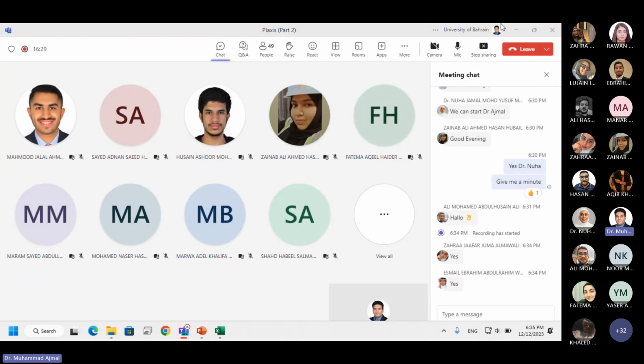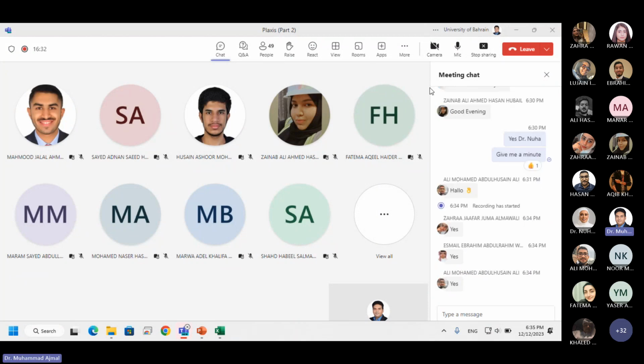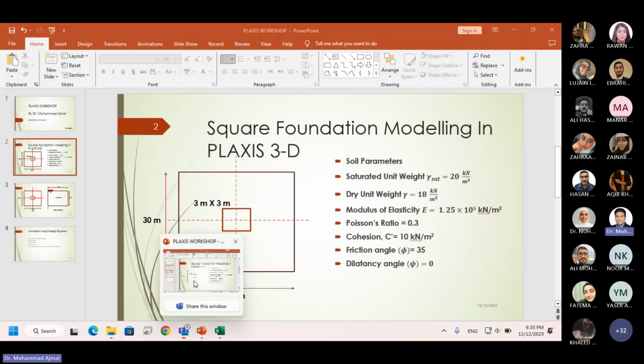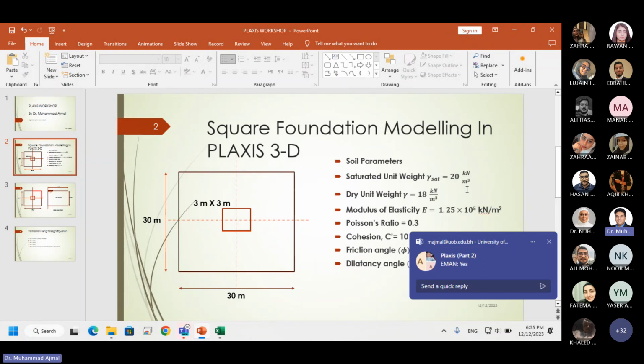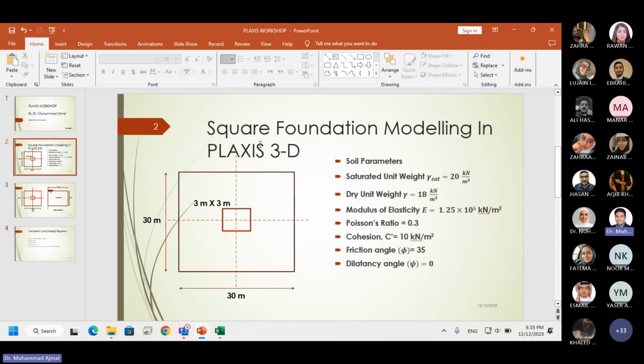Okay. Today's workshop is related to the Plaxis, and I will give you a brief introduction about the Plaxis and how you are going to model a square foundation in the Plaxis. If you observe here, I already brought an example which is in front of you. If you can see that one, it's a square foundation and we have to model this square foundation in Plaxis